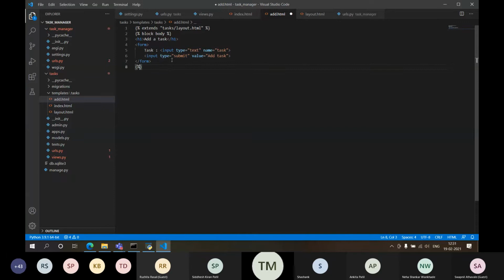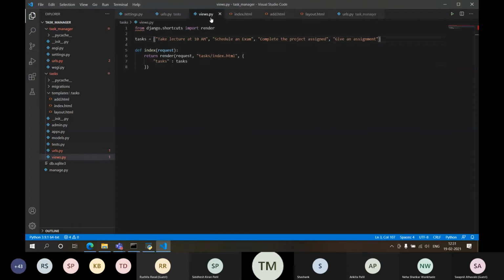So I'll write end block over here. That's it. Okay, my form is completed. But I haven't called this form anywhere, right? So in views, I'll need to write a function to do that. How will I write it? def add, request. What will I return?